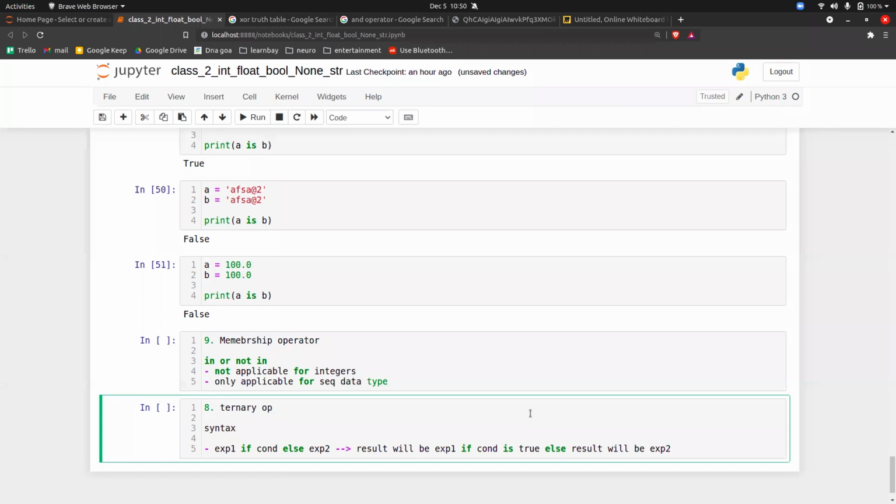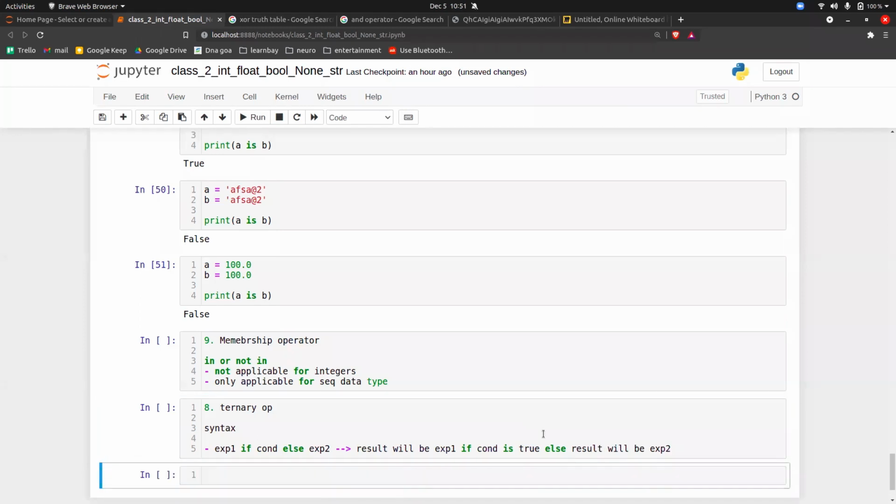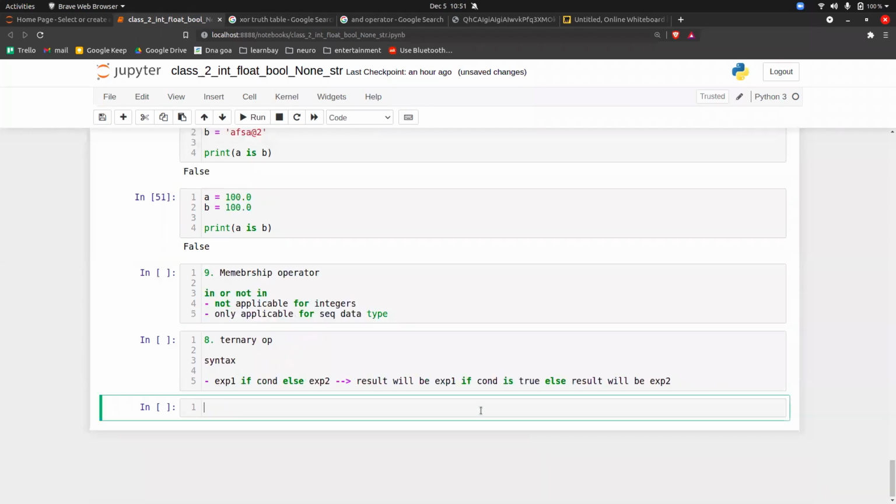Okay, let's try to understand this. Suppose you write a print statement: print, if 10 is less than 20, then write Afsan, else Khan.